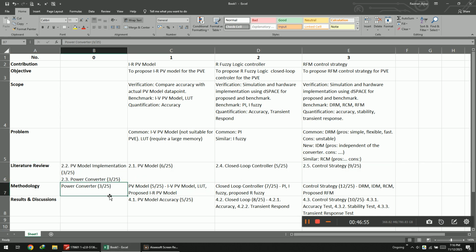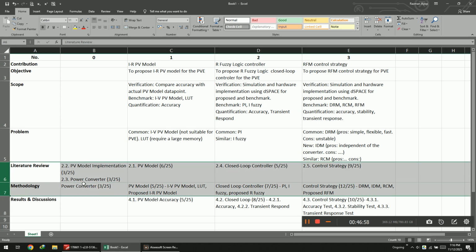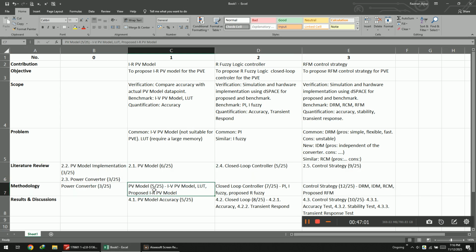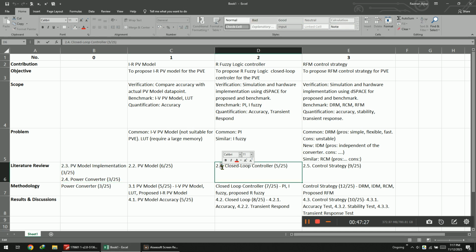So for methodology, I suggest using the same structure as the literature review. Of course, PV model is 2.1, not 3.1, so be careful. Sometimes 0.1 is for introduction, so maybe you can just adjust it. This one 3, this one 4, this one 5, and then 6. And also don't forget